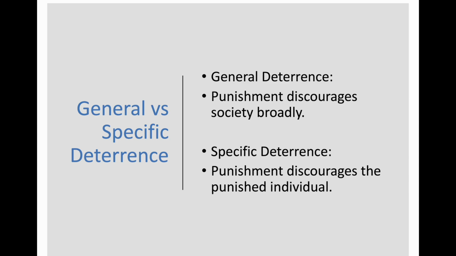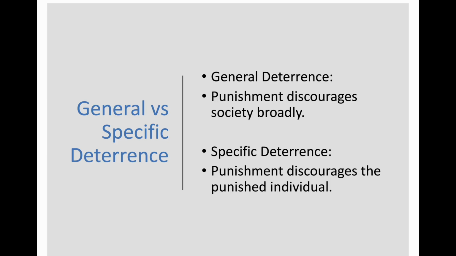Whether the punishment was unpleasant or costly to them, either way, they are deciding not to reoffend because of the punishment they experienced firsthand. So, for example, suppose we have an individual who's arrested for shoplifting and experiences jail time, financial penalties, and public embarrassment. Specific deterrence theory predicts that this individual may avoid future offending because they now understand the personal costs associated